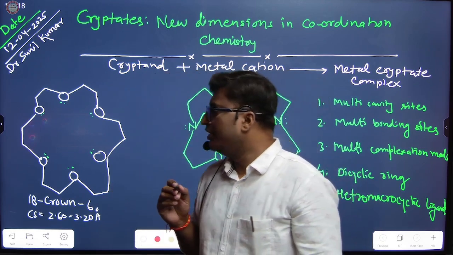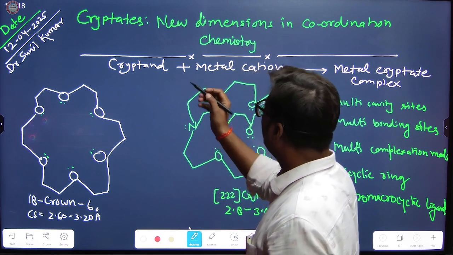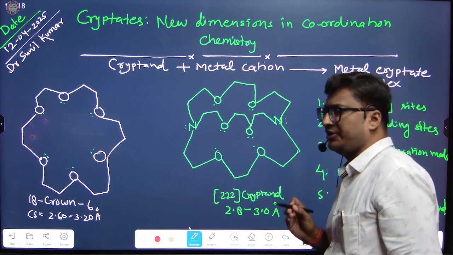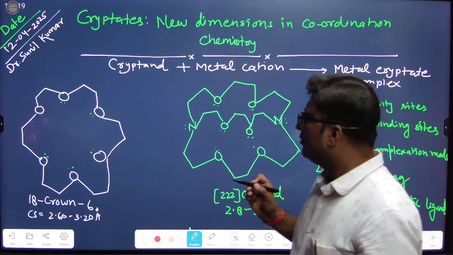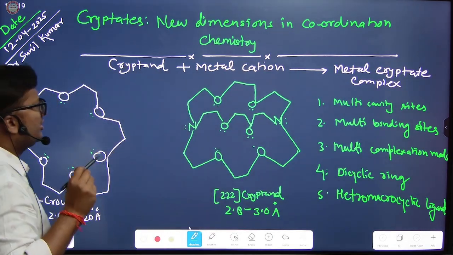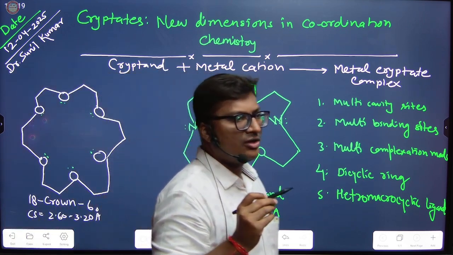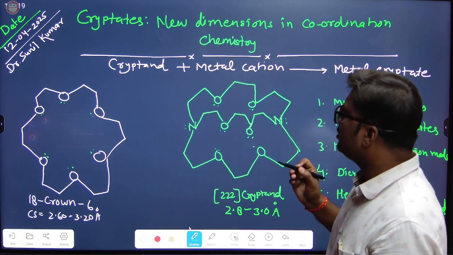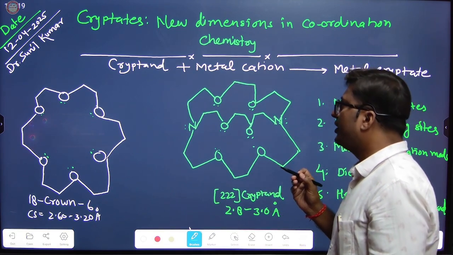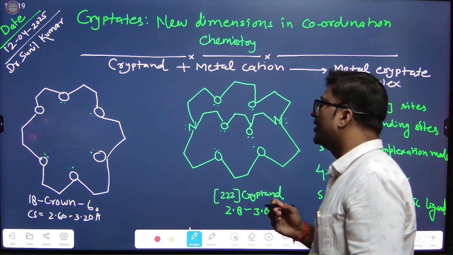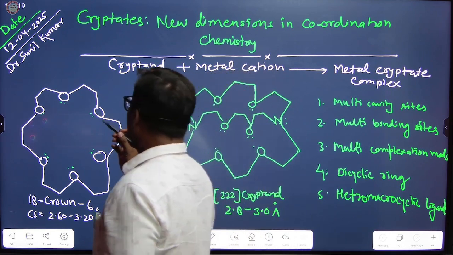So, today my topic is cryptates, new dimensions in coordination chemistry. So, what are cryptates and how are they derived from the crown ethers? The chemistry of crown ethers and cryptands are basically correlated with each other, right? So cryptates,